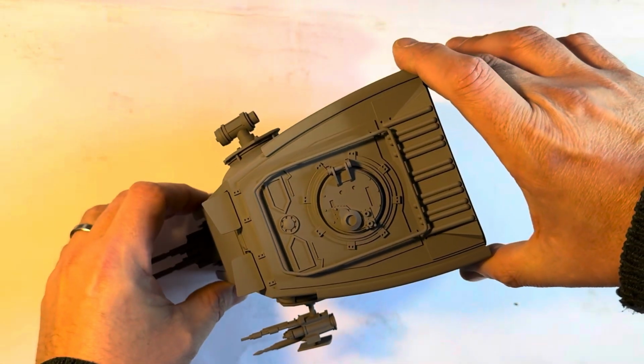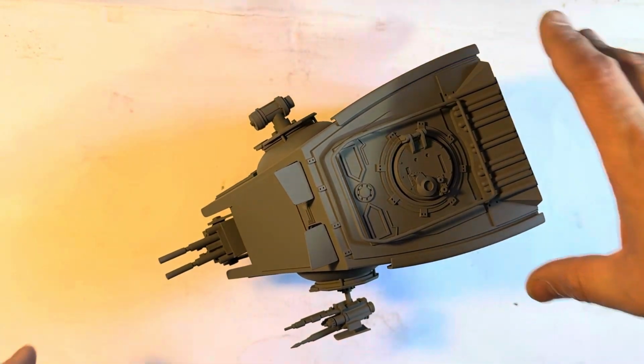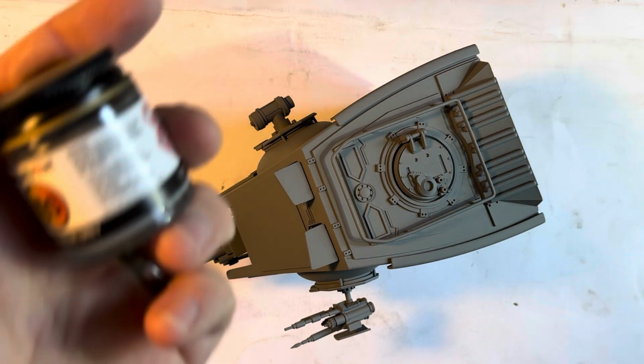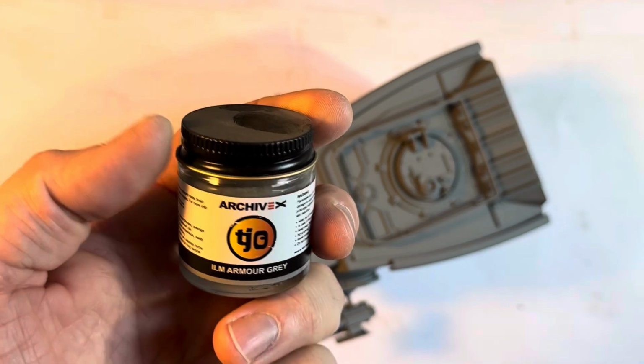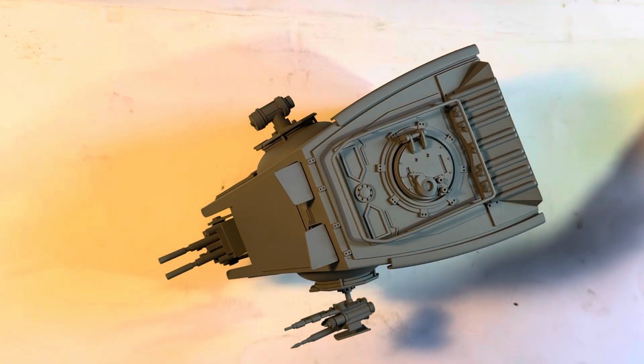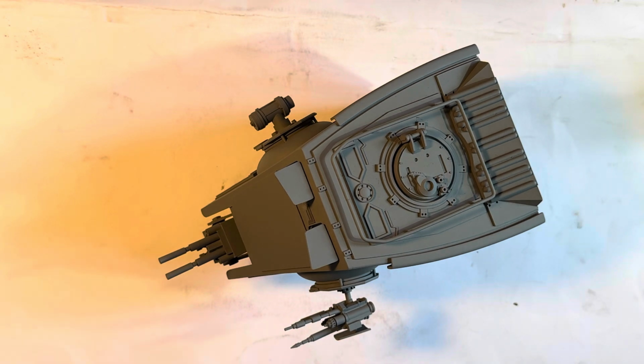It's already sitting in primer, which is actually quite close to the studio model, but it needs to be lighter. So I will be using ILM Armour Grey by ArchiveX, if I can find it. Here we go. Enamel, so it just dries really flat and nice. But first of all, on the ref, you can see